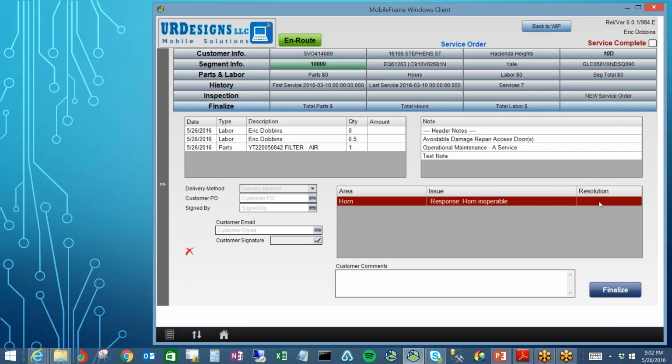authorize the work, do it on the next PM, which is not recommended, especially when it's a horn, or quote, which is not recommended either, or customer refuse. So they have the ability to go in and select one of those items. So as we go and do that, I'm just going to say authorize work, which basically is going to say that you'll need to get another work order opened, and we'll talk about how to do that in a later session. But for now, what we're going to do is set this up and get it ready